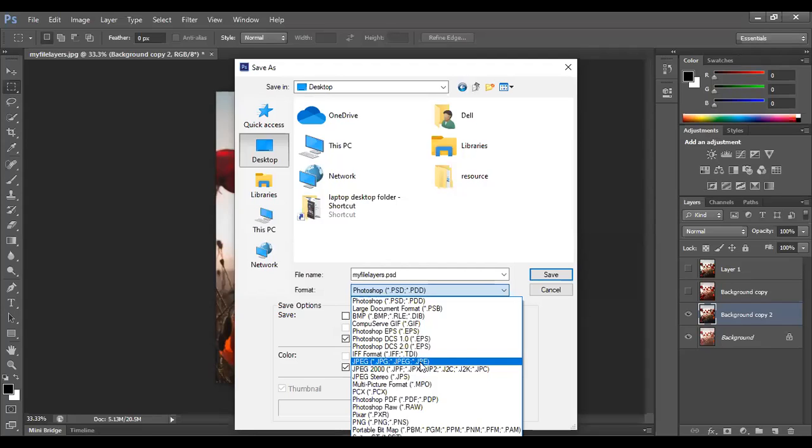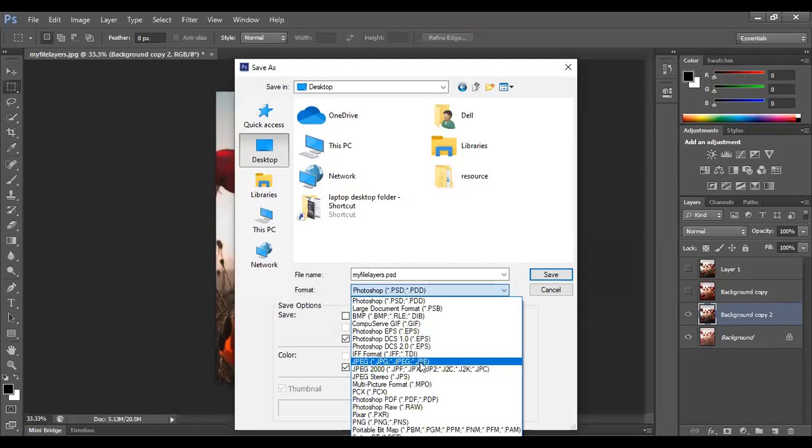If you're sure that you want to directly do auto tone, and you don't want to look at auto color or auto contrast, then you can directly do it on the background layer. But it's a good idea to keep it on a separate layer so that you can turn the visibility on and off and check which one is looking best.